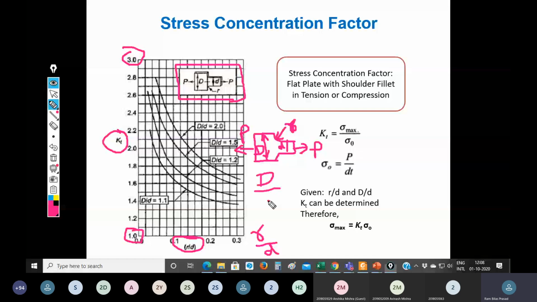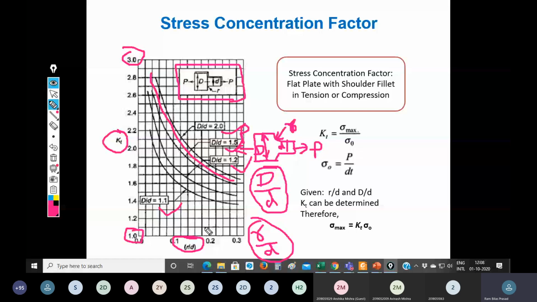So here you have to look at three parameters: capital D by small d, which is these lines, right? When 1.1, 1.2, 1.5, 2, right? If it is in between, then you have to interpolate. Suppose the D by d ratio is in between, then you have to interpolate, right? R by d, again you have to look at the x-axis, and then you can determine the